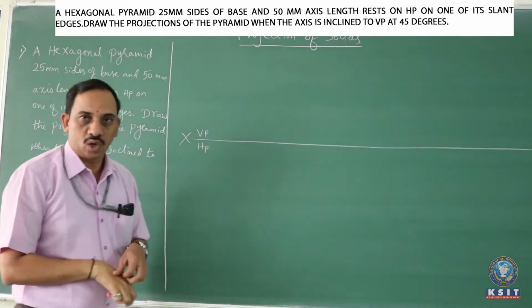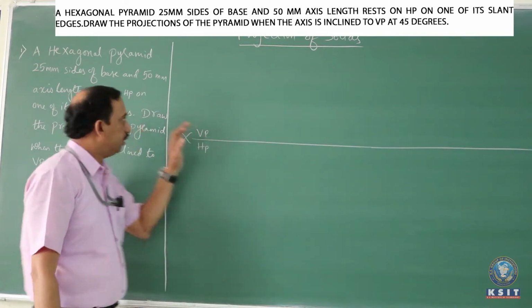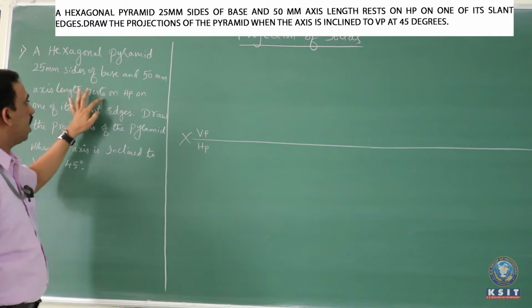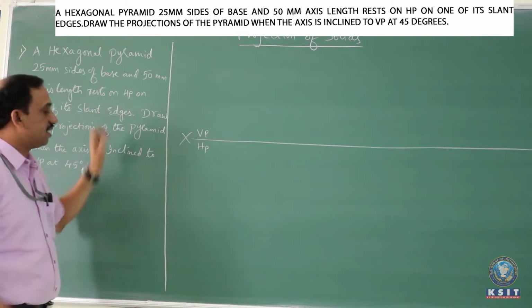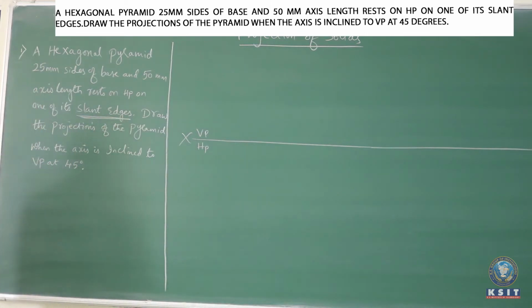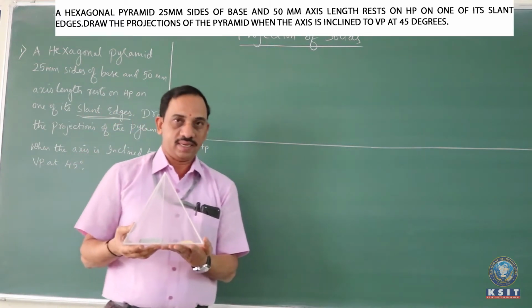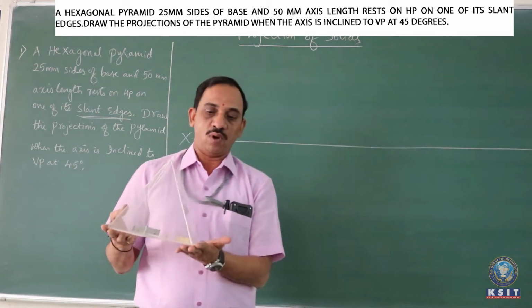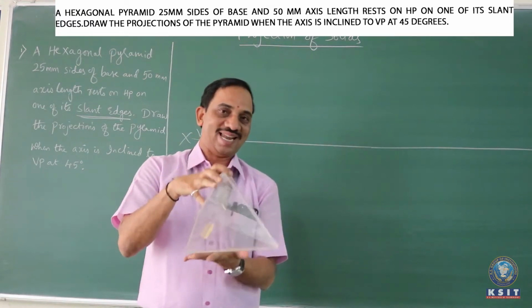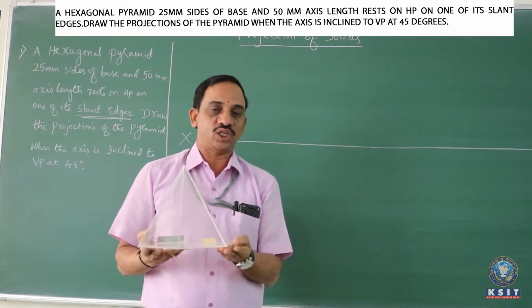in the question, it is not given directly whether to place with the edge condition or corner condition. But what is specified is that the hexagonal pyramid should be tilted so that it rests with one of its slant edges. So when we have the entire pyramid resting like this, suppose I want to tilt this so that it rests completely on one of its slant triangular faces, when you tilt back it's going to come back to the edge condition.